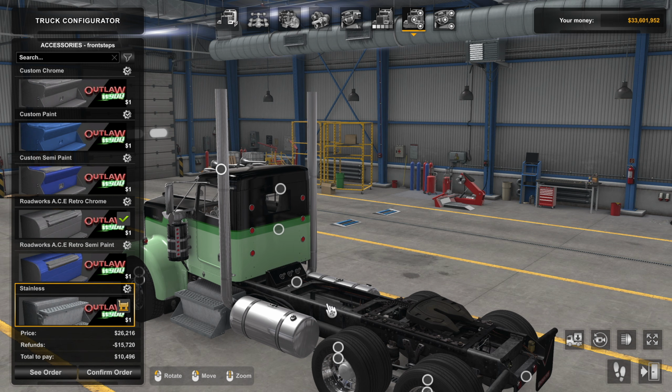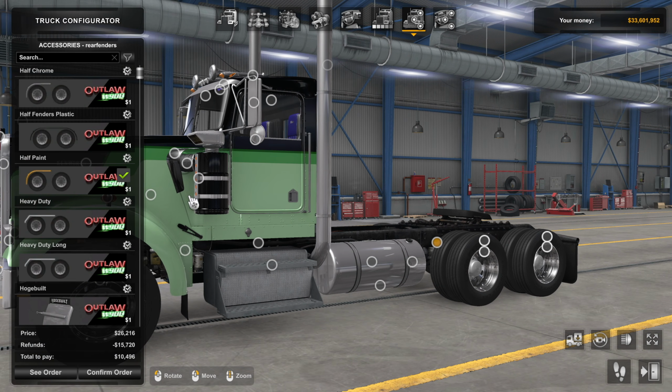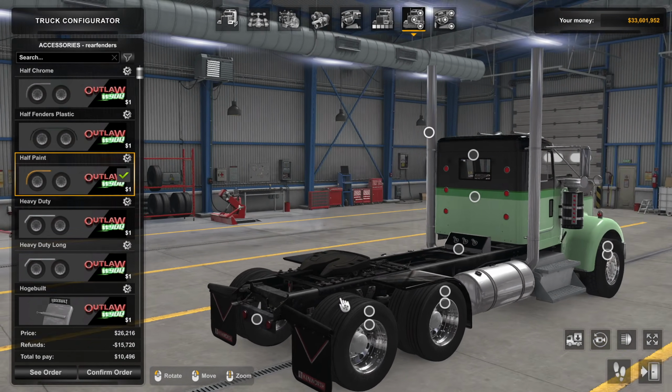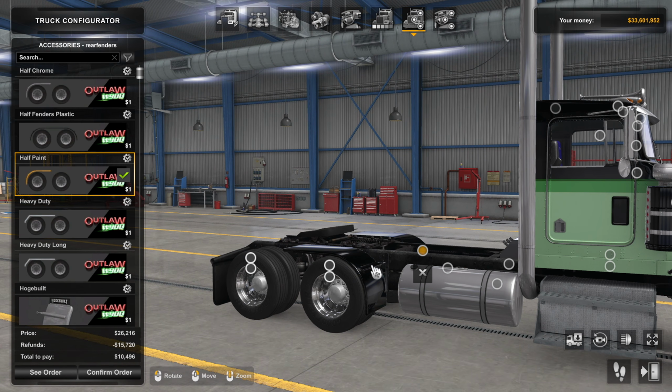I would like to have some sort of option, and I can't find a node. I think these are the fenders. Let me go half paint on that. Yeah, I don't see a node where I can change the actual body of it out. But anyway,